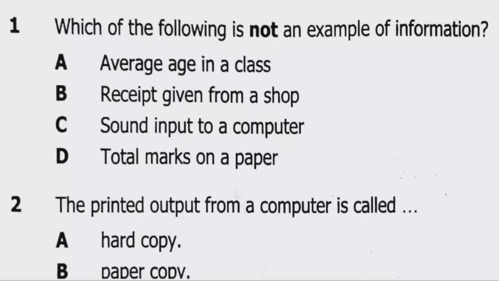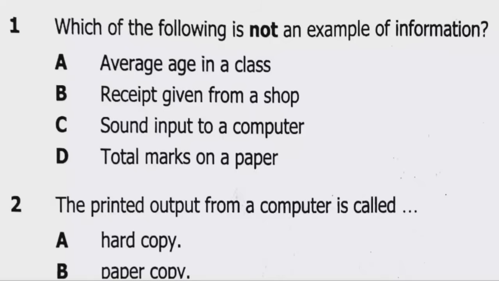Let me start with A. Average age in a class. Okay, this is information. Why are we categorizing A, the average age in class, as information? Because it is a processed value derived from raw data, which is individual ages. It is summarized and it has the characteristic of a group, making it meaningful and useful for decision making or